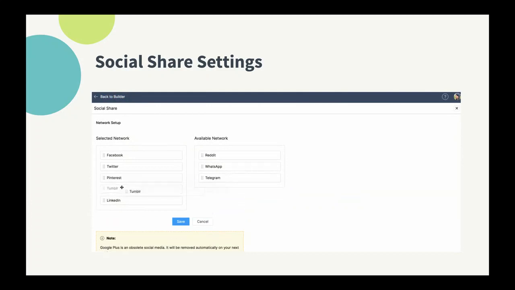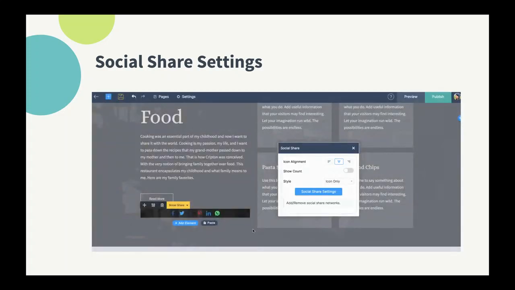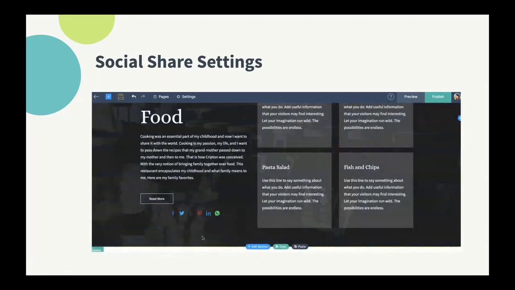So you can see that the WhatsApp and those are available now on your page. And so the design is also as we have set it. And in this particular social share, you can see that it's been added over here as well. So now to see how this particular tool works on a live site, you can even find your social share